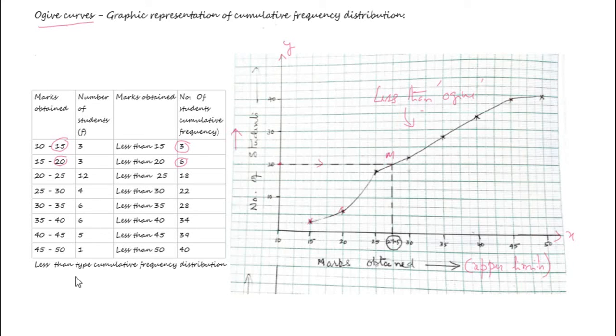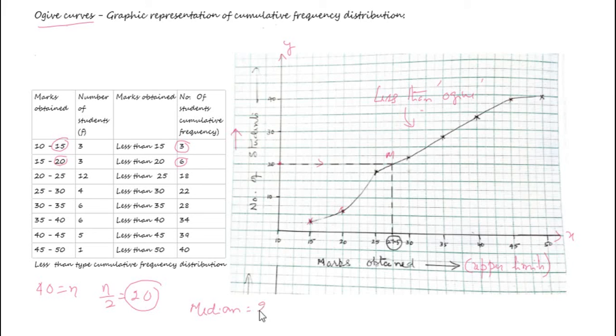Now cumulative frequency here it is 40, that is n. Let us calculate n by 2, that is 20. Median falls around this frequency. Let us take this frequency and mark it on y-axis. So this is the point 20. From this point, let us draw a line parallel to x-axis to meet the less than type ogive curve at M. From M, let us drop a perpendicular to x-axis, and the place where this perpendicular meets x-axis is the median, that is here 27.5.